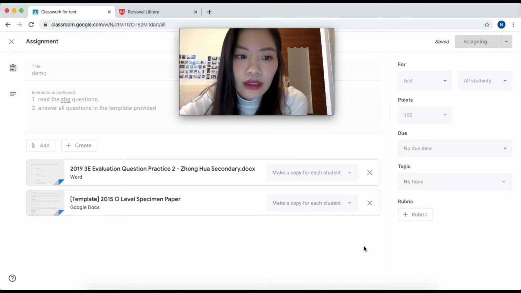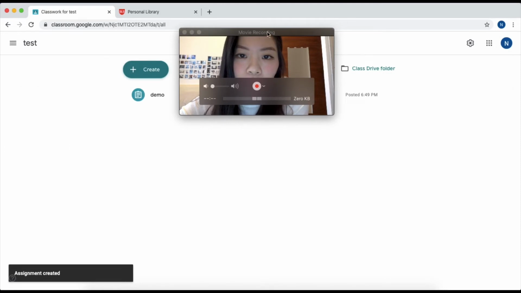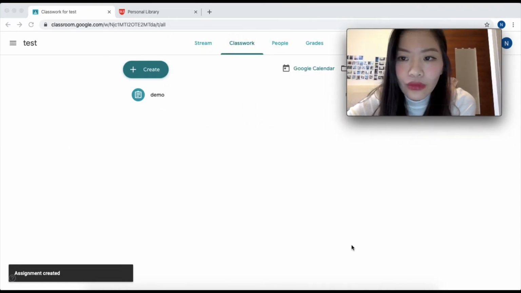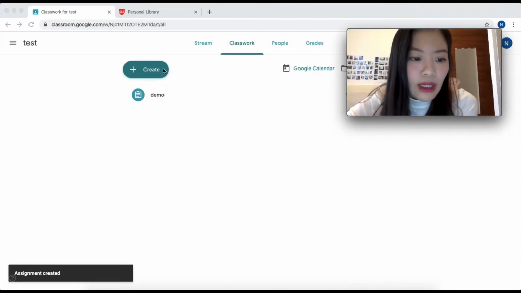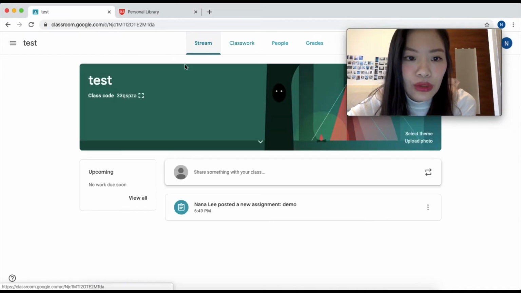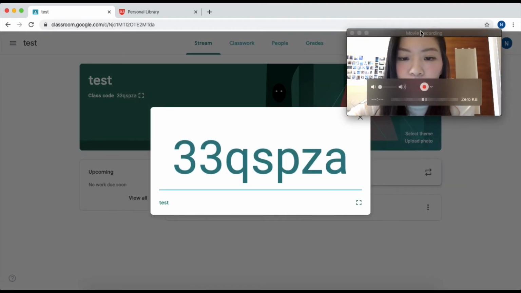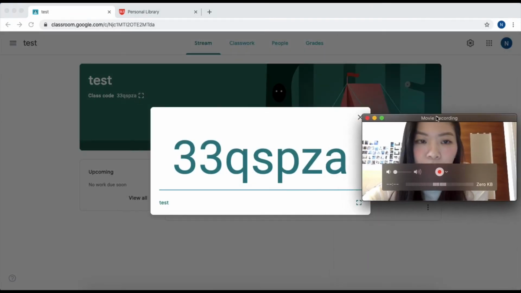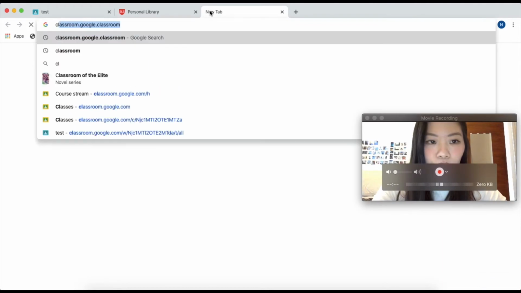You assigned it. And then you would make sure that they can access the assignment, and how can they access assignments actually really simple. So you just go to stream, and then you would give them their classroom code. Okay, so similarly, your students would just have to go to classroom.google,